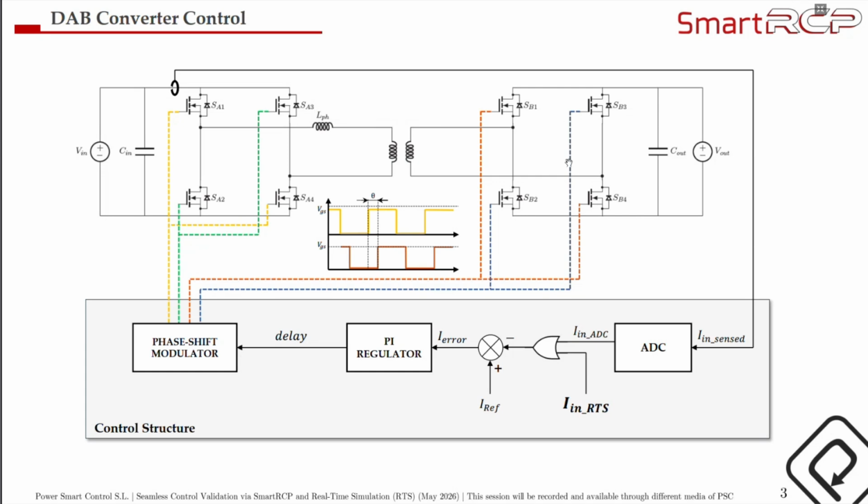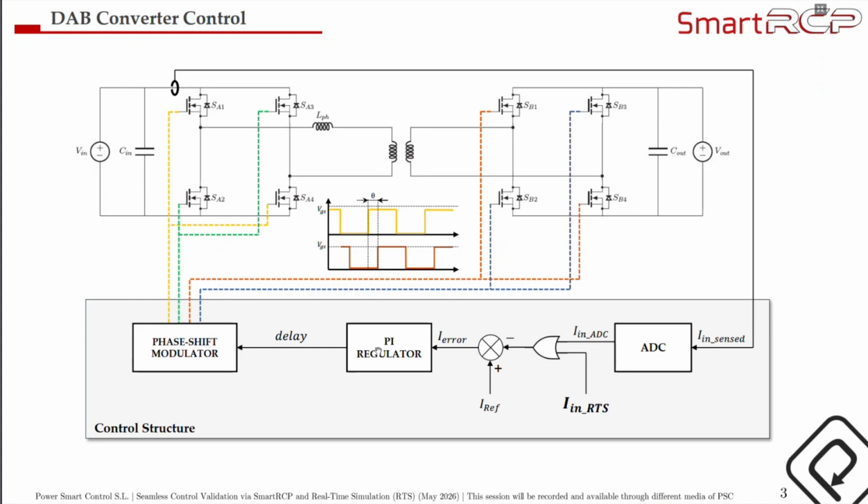To apply this phase shift to the trigger signals, we need an IP core, the phase shift modulator, that allows this shifting in order to trigger a transistor based on this delay,